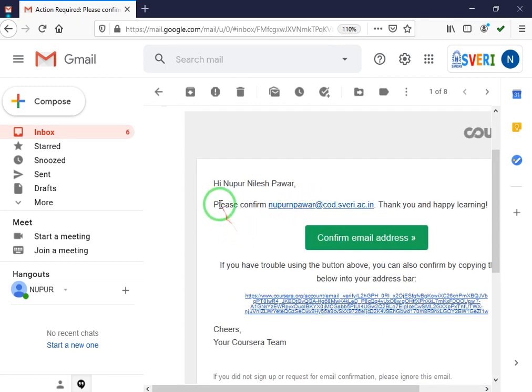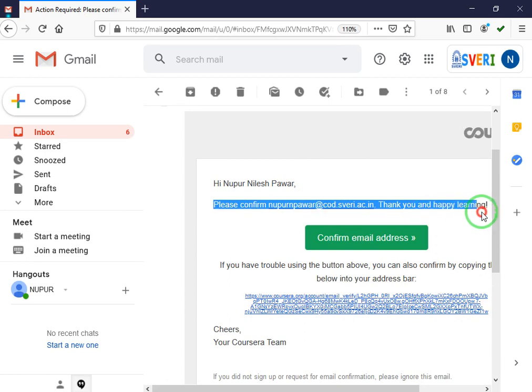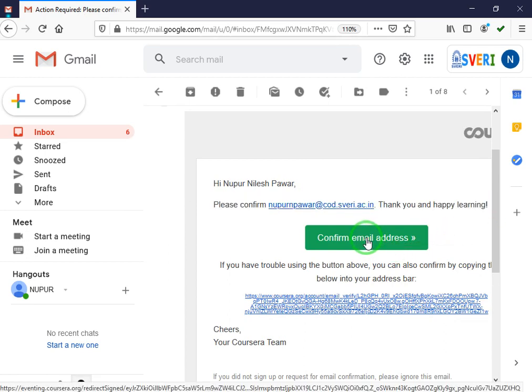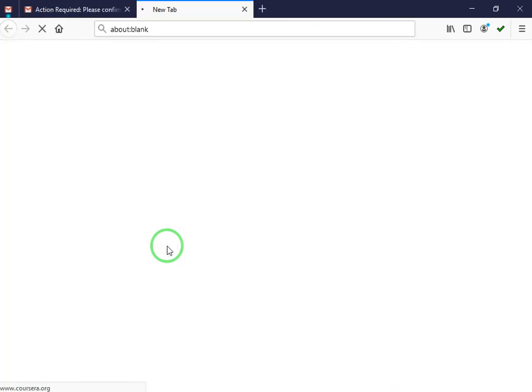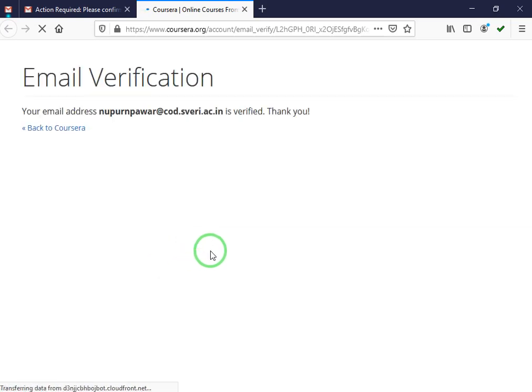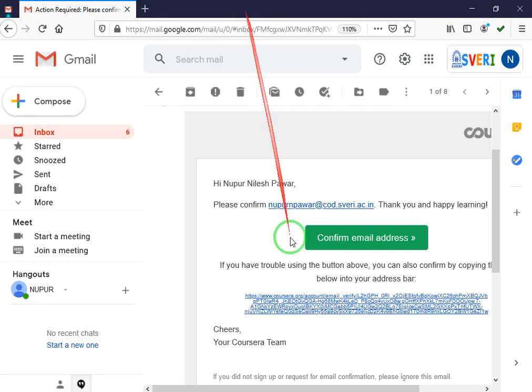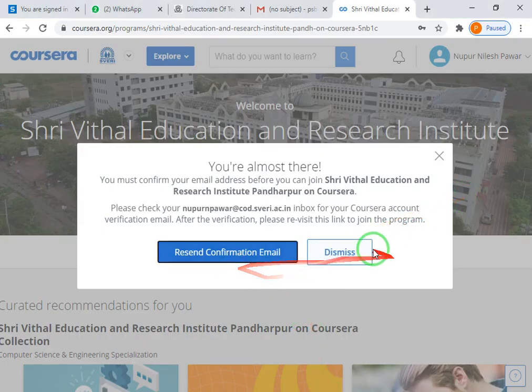Click here, confirm email address. A message will be displayed, email verification, your email address is verified, thank you. Your confirmation of your official mail ID on Coursera under the institute is done. Now you can log into your Coursera account.